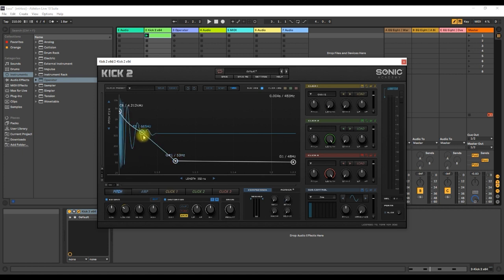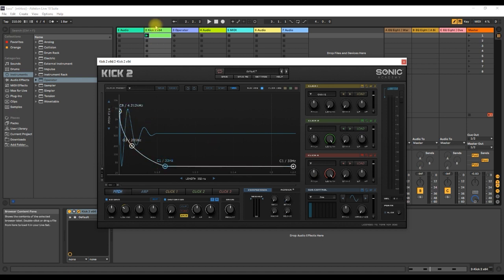In Kick 2, you can create these extra points by double clicking. You can also click and stretch, right? You should play around with these ways to do this because it will drastically alter the sound. You can generally create any type of kick in this synth, right? So having this like this, let's listen to this, right? Not so nice yet, but slowly,